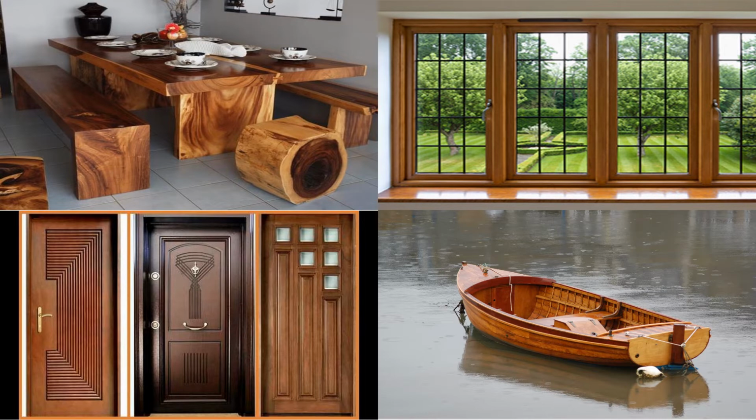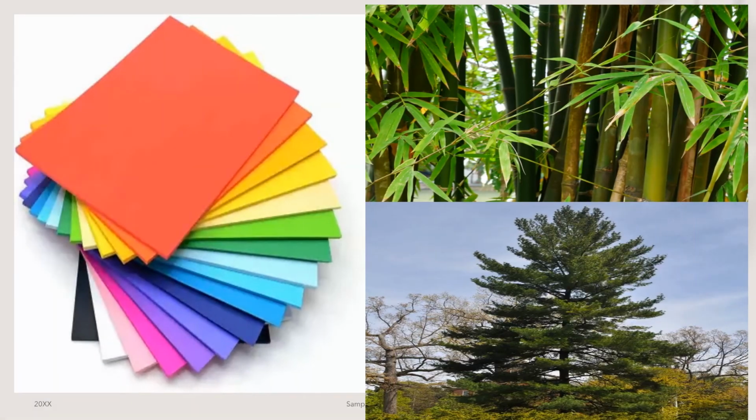The things that we see in a house, some are furniture that is made from wood which is obtained from plants. We use wood for making furniture like doors, windows, boats, carts, etc. In villages, wood is also used as fuel. They use chula, in which they use wood for burning purpose. The paper which we require for writing is obtained from the pulp of these two trees, that is bamboo and pine.